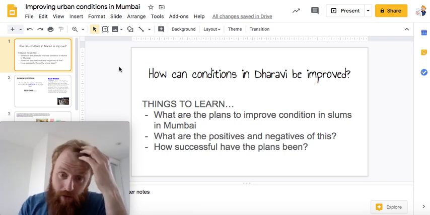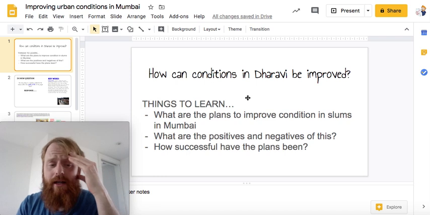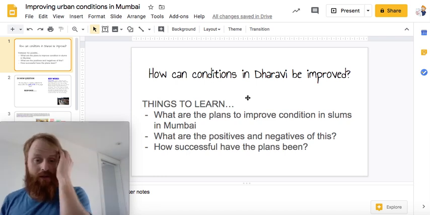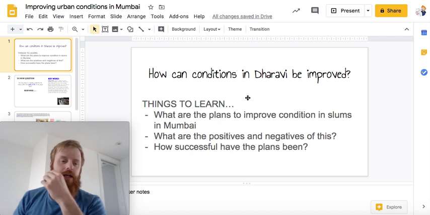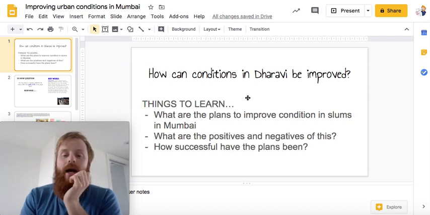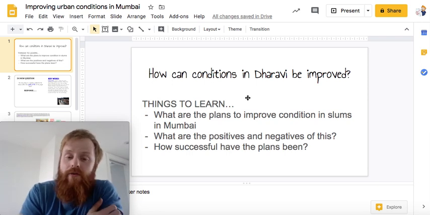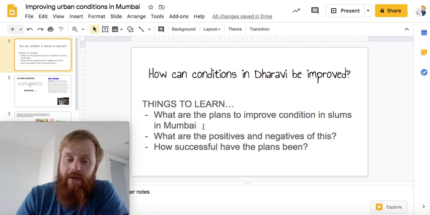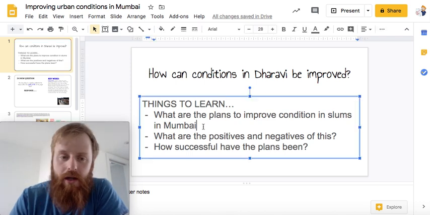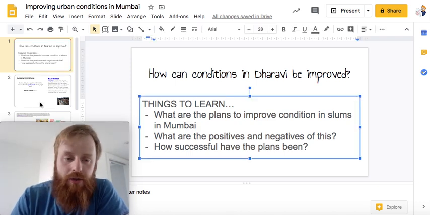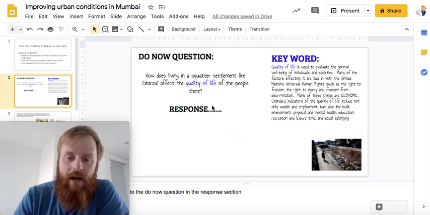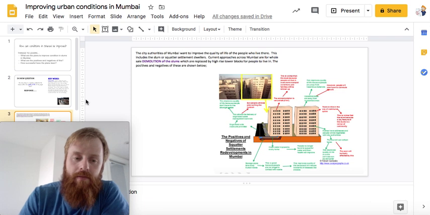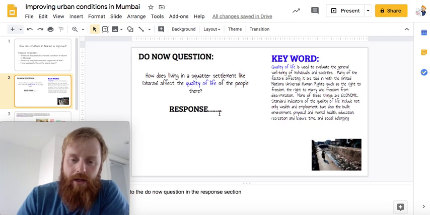Okay, so most important things today, we're looking at how to improve the conditions in shanty towns in Mumbai. Okay, so all I want you to do is just go through and think about these questions at the start and think about these questions at the end. Assess your learning. Do now question is here, just a bit of recapping things. So I'd like you to write an answer to this question below. Okay, so answer this question about the quality of life here. If you're not sure what quality of life is, there's a definition there,